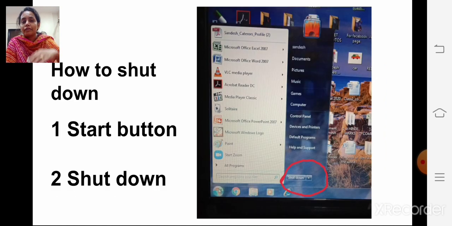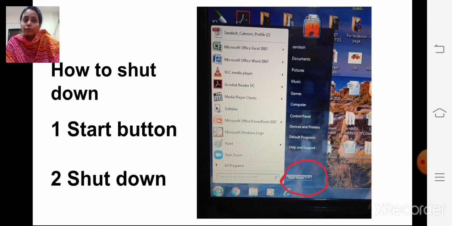Okay. Now children, the very important thing is how to shut down the computer. You can see in the picture. First, you have to click on the start button, and then click on the shutdown button.